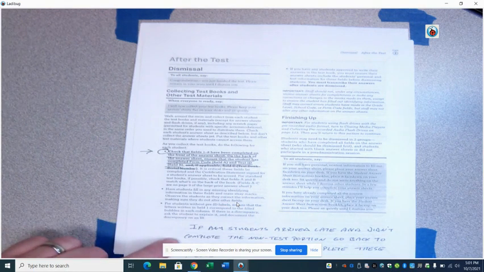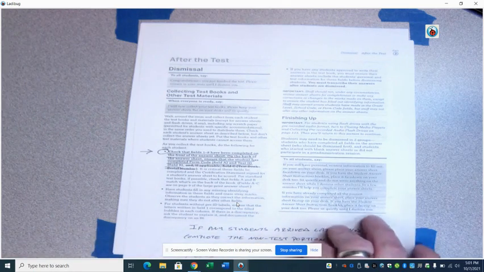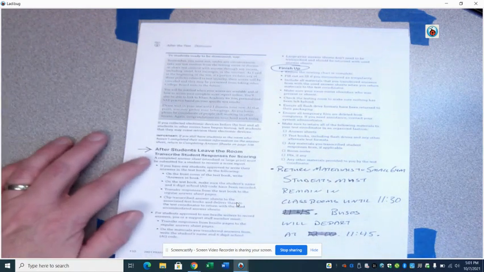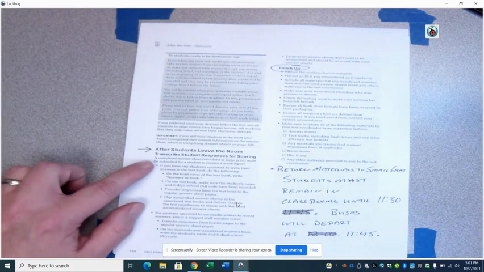If you did have any students that arrived late before you started the timing portion and didn't complete all the non-test portion, please make sure you go back to page 70 here and have them complete these fields as well. You're going to read this to the students after they leave the room. If you have any students that wrote in their test book, we do have a few students that have the accommodation that they can write their answers in the book. You're going to make sure that you do that before they leave.